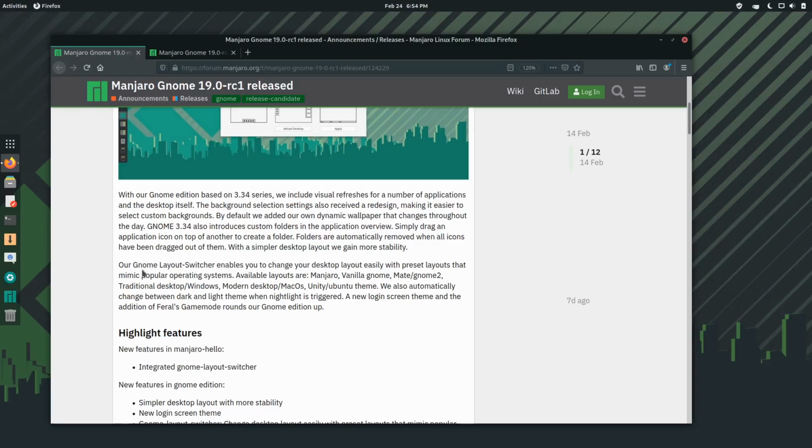The GNOME layout switcher also enables you to change your desktop layout easily with preset layouts that mimic popular operating systems. So you've probably seen layout switchers. Mate Tweak has something where you can switch different layouts. Zorin has that as well. And many others, not just those two, those are the ones that come to mind. And they just basically let you very quickly change the layout and look of your desktop. So they mentioned specifically